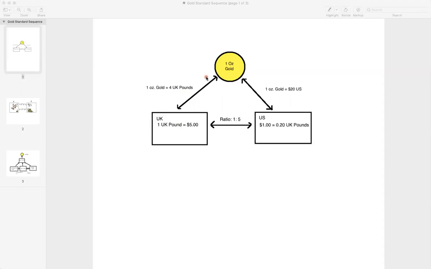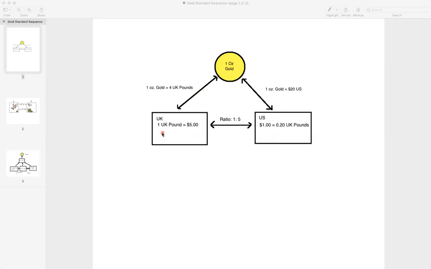Now, the reason people went in for paper money in a big way is obviously it's much more convenient to carry around paper money than it is to carry around physical gold. So that was how the gold standard worked. Every country's currency was convertible at a fixed rate into gold. And the effect of this is that each country's currency also was exchangeable into another country's currency at a fixed